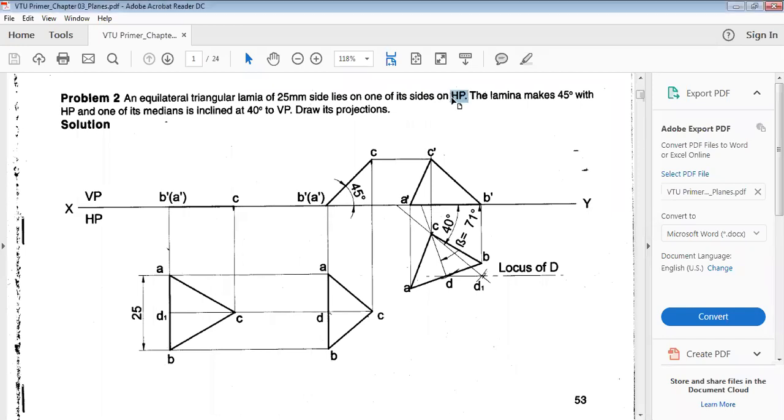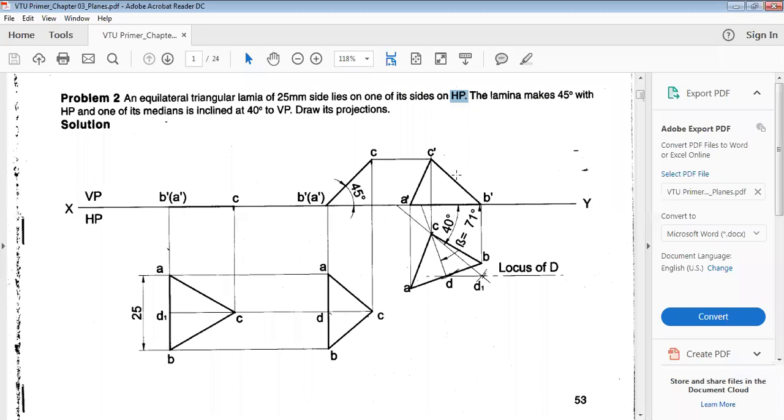call it as beta. You might remember that we have solved the lines problem. So theta adjacent to that we used to get the angle, that is theta, and the adjacent angle will be alpha, and phi angle, the adjacent angle will be beta. So if the lamina is resting on HP, then we call it as beta angle problem. If the lamina is resting on VP, then we call it as alpha problem. But how do we get to know whether it is a basic problem or alpha problem or beta problem?